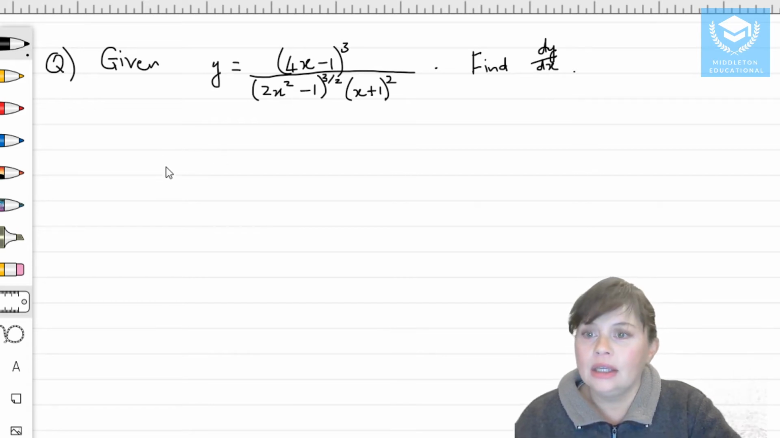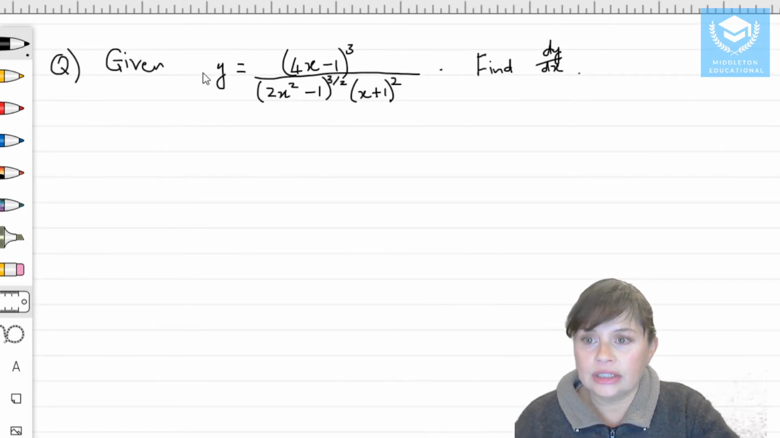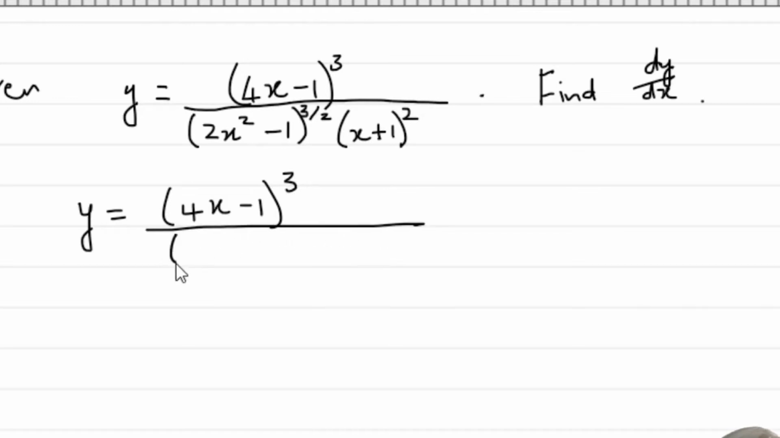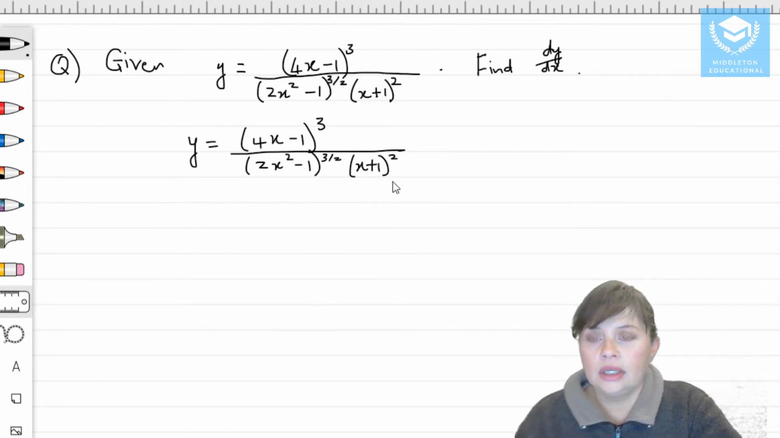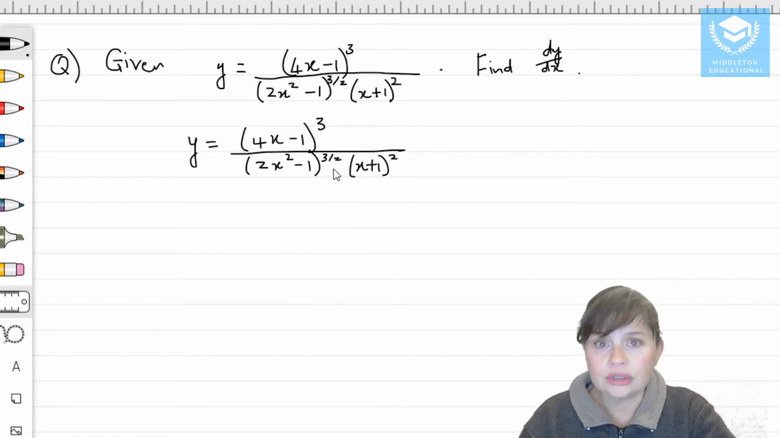Okay. So let me just write this out over here. I want to write it over again. It's quite a long one. So our numerator looks like that. And our denominator is made up of two different brackets. So initially when we look at this, you think to yourself, okay, you have a quotient, so possibly quotient rule,